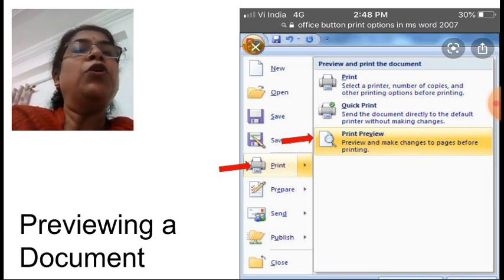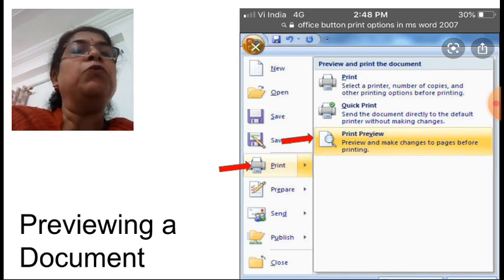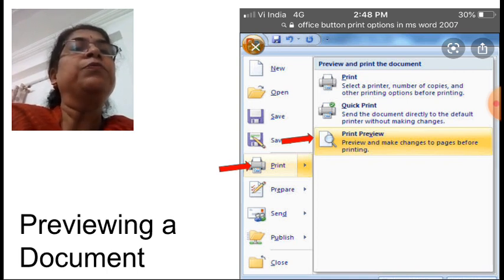How to preview a document? For that, go to Office, click on the Office button, Print option. So in the Print option, it will give you three different sub options: Print, Quick Print, and Print Preview. So click on Print Preview. So it will give you